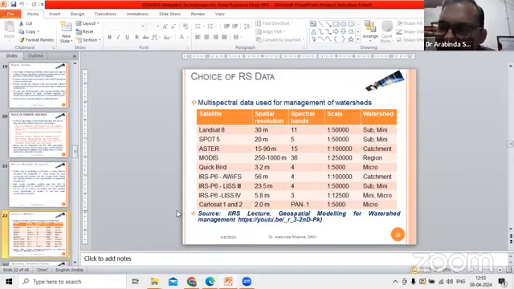सपोज लैंडसैट 8 एक अमेरिकन सैटेलाइट है, जिसमें एक सेंसर है दैट इज कॉल्ड सपोज TM, थीमेटिक मैपर सेंसर, उसका रिजोल्यूशन 30 मीटर का है, लेकिन स्पेक्ट्रल रिजोल्यूशन में 11 बैंड है, मल्टीपल बैंड्स हैं, अलग अलग बैंड में अलग अलग डाटा एक्वायर होता है। तो ये कहाँ पे यूज हो सकता है? आप यूज कर सकते हो इसको जब 1:50,000 स्केल में कोई मैपिंग करनी है, कोई एनालिसिस करनी है। मतलब कोई सब वाटरशेड में आप यूज कर सकते हो इसको, सब वाटरशेड लेवल में स्टडी करना चाहते हो तो कर सकते हो, बट माइक्रो वाटरशेड में नहीं होगा।